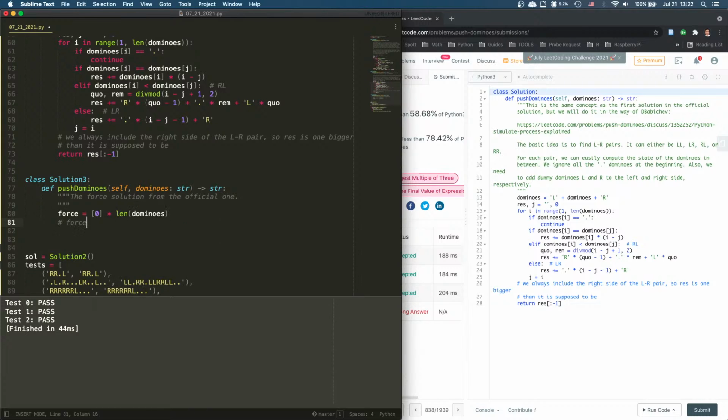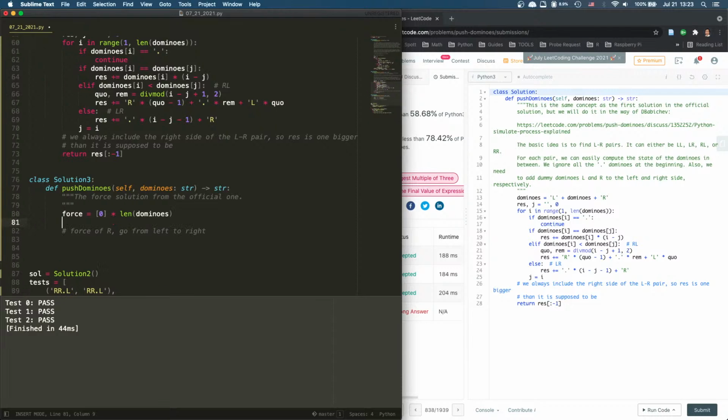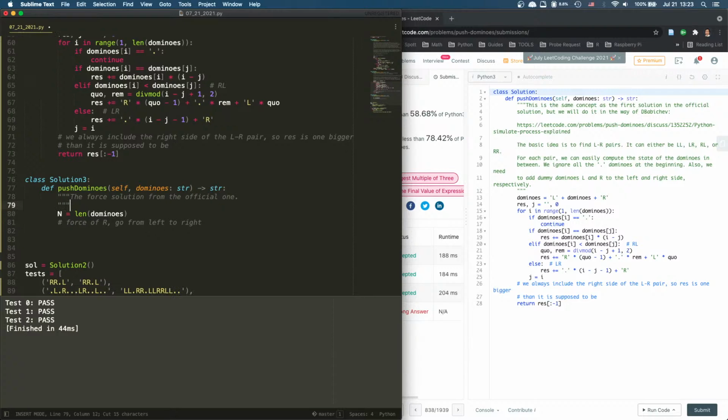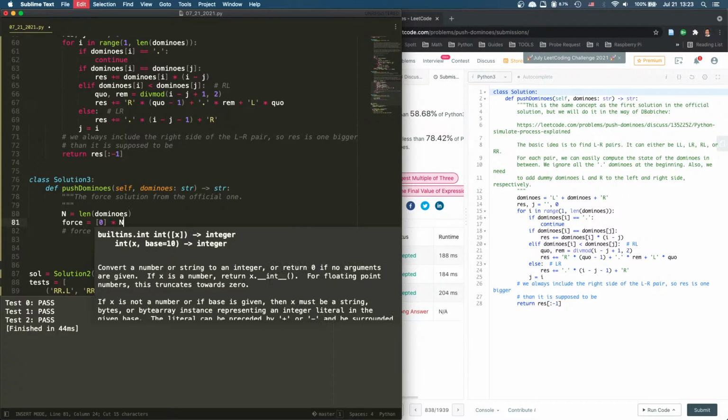Alright, force of R go from left to right. So what we're going to say is N equal to len dominoes. And then what we're going to create is